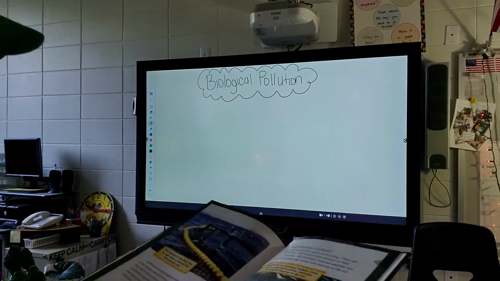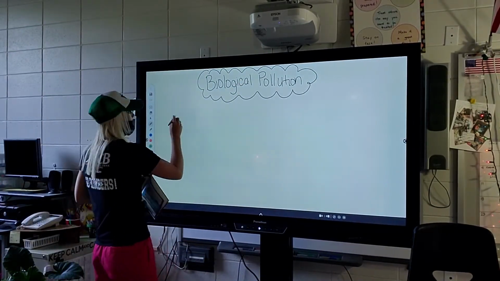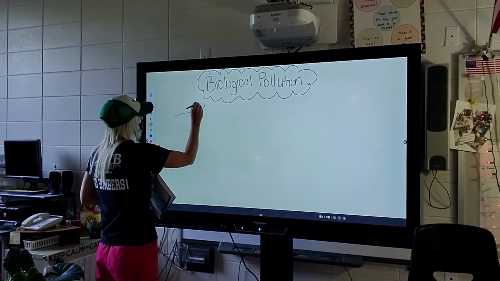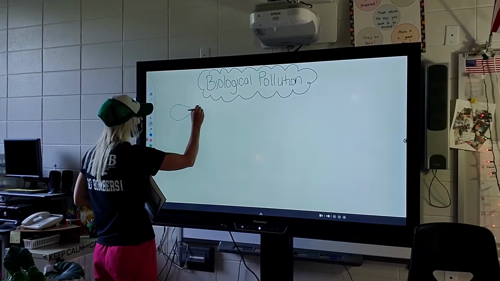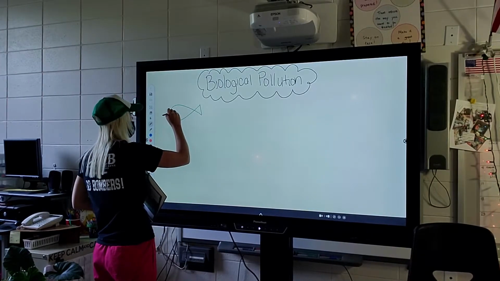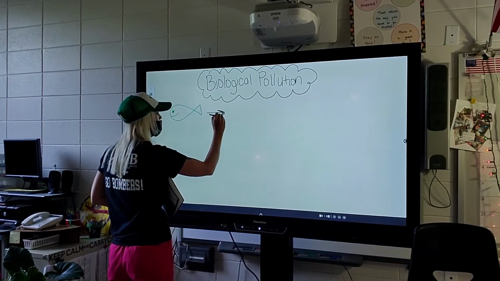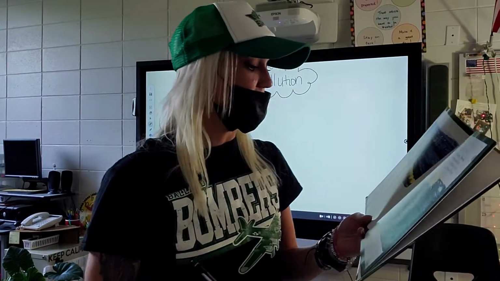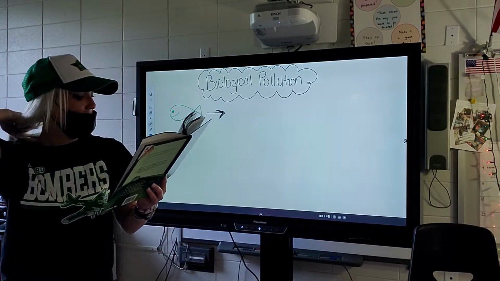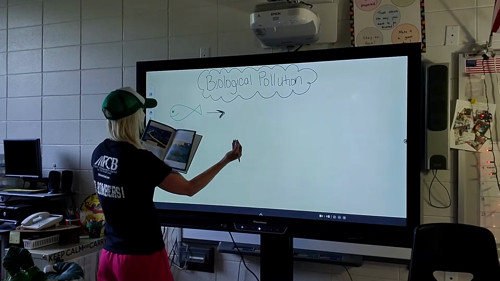So we are going to draw a fish, okay? I'm going to get my green out, and I'm going to draw a fish. There's my fish. And I'm going to do a little arrow. And it says they bring these animals to their farms from other places in the world. But farm fish sometimes escape into the wild. So I'm going to draw a fish escaping to the wild.